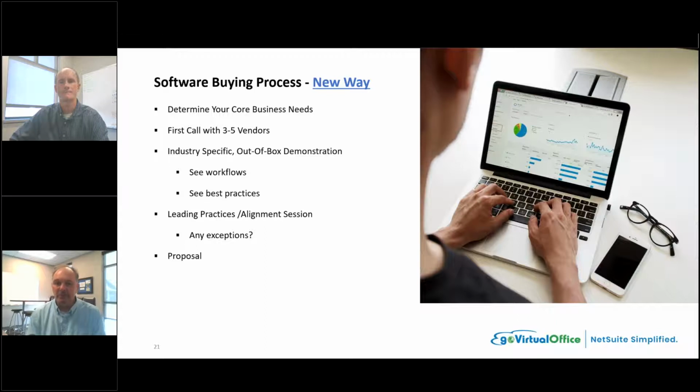But what you do need to look for, and you'll see towards the bottom, is that word exceptions. Because every company is unique. They all have something that's a little different about how they may price or how they may process an order. There may be some extra steps or whatever it is. So you want to have an ear for those exceptions, and then raise your hand for those exceptions